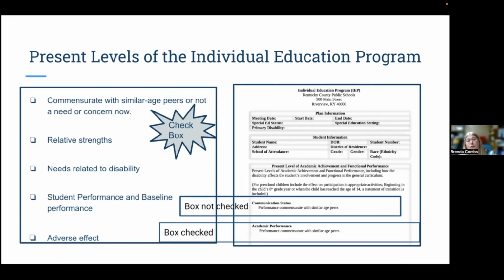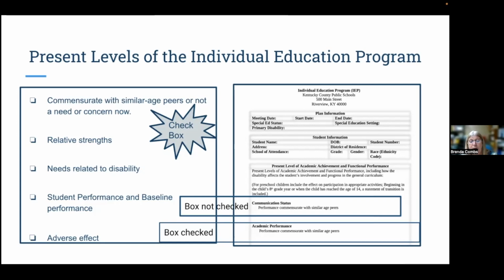On the other side, if you look on the right hand side, it said box not checked there by the communication status. If it's not checked, then you have to put those 5 pieces in there. And the other one I want to make sure of is we compare last year's to this year, so we know about the rate of progress. If they were reading maybe 50 words per minute, and at their level they should be reading 115, then we know there is a significant difference. So we want to try to close that gap as much as we can.